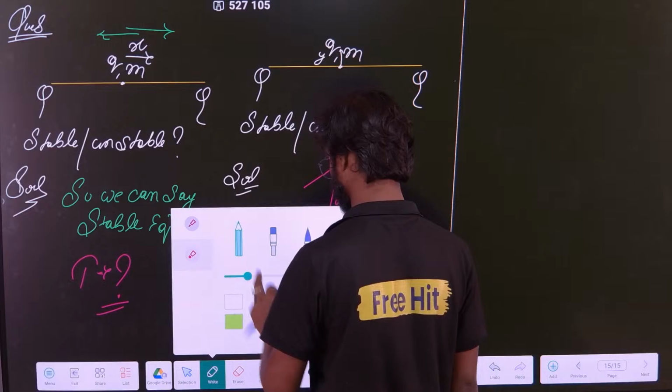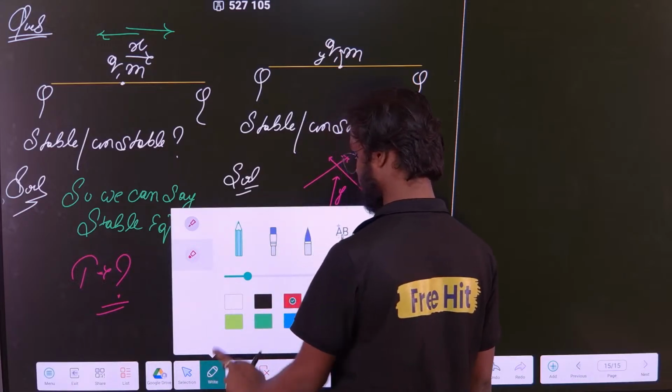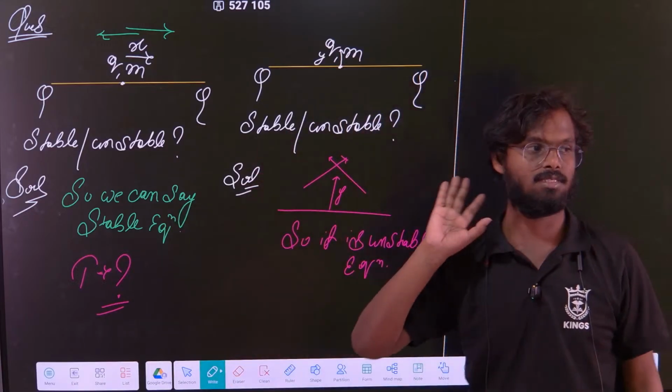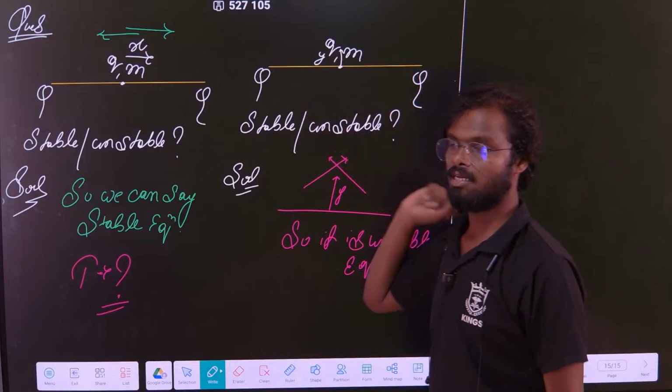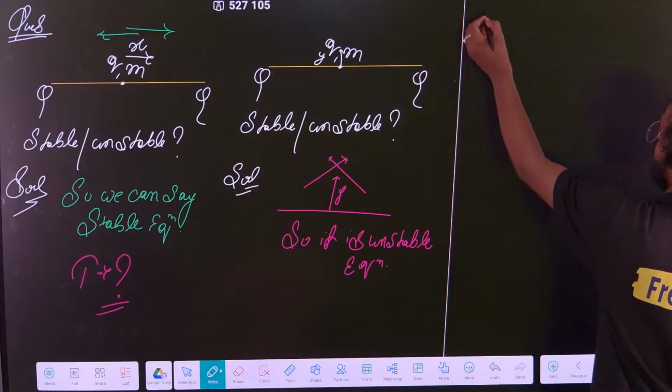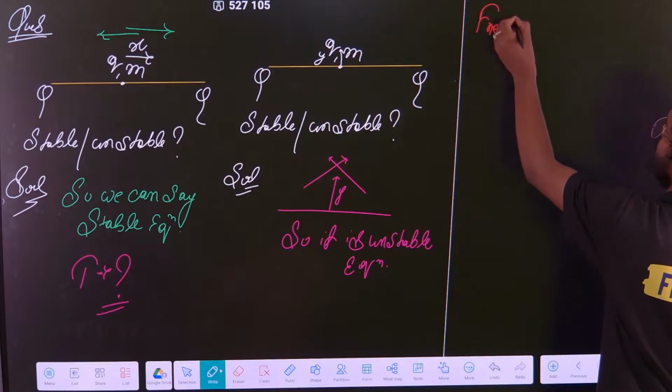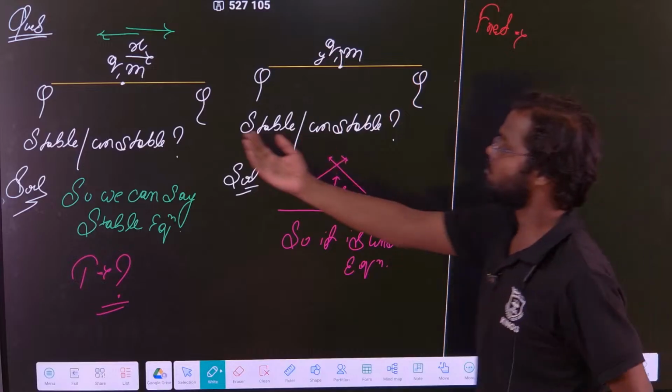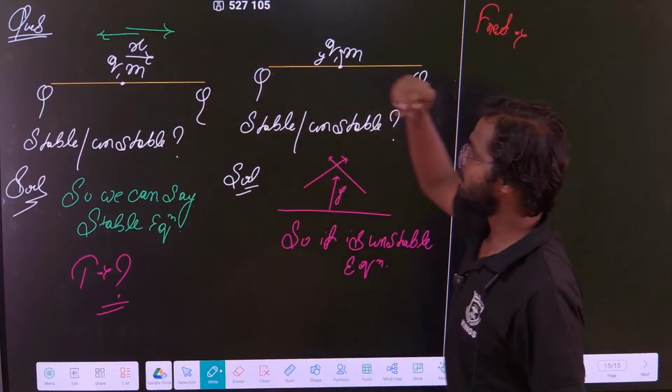Okay, so let us see here. We want to determine the time period. What are the steps we have to follow? We have to displace the charge slightly from its mean position, and then we have to write the F net. So what is my F net? If I displace the charge in the x direction here, what is my F net? F net will be,